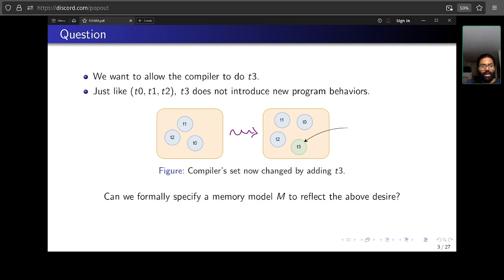Fine. But can we specify a model like this exact picture, meaning I get T2 in addition to T3? That's the first question.